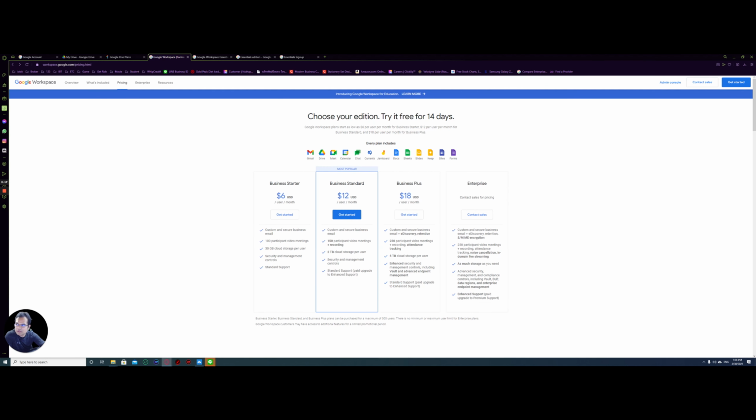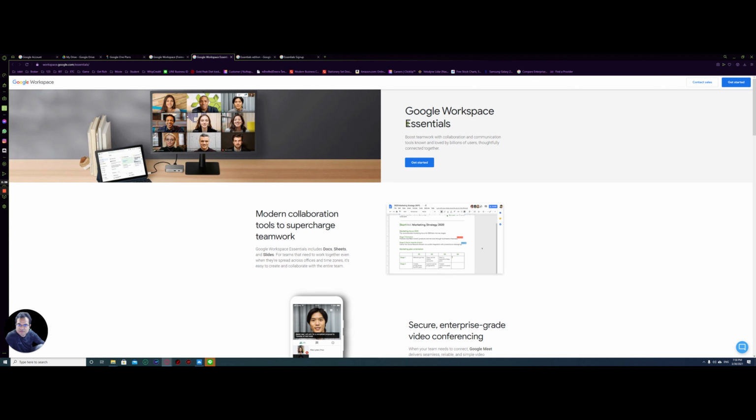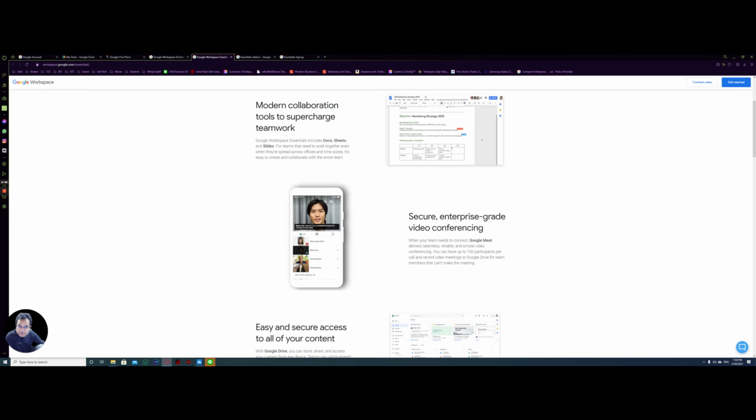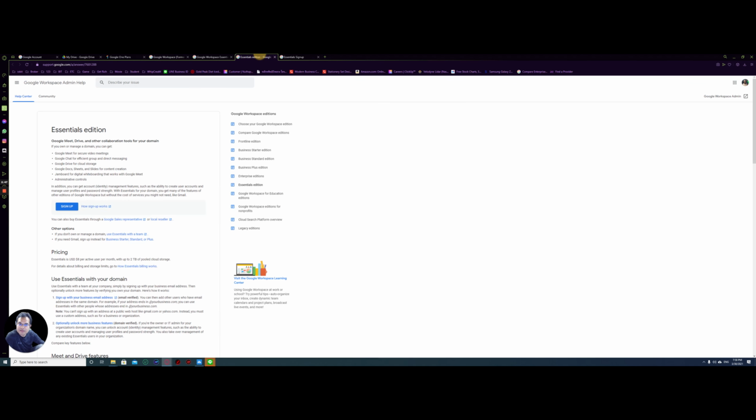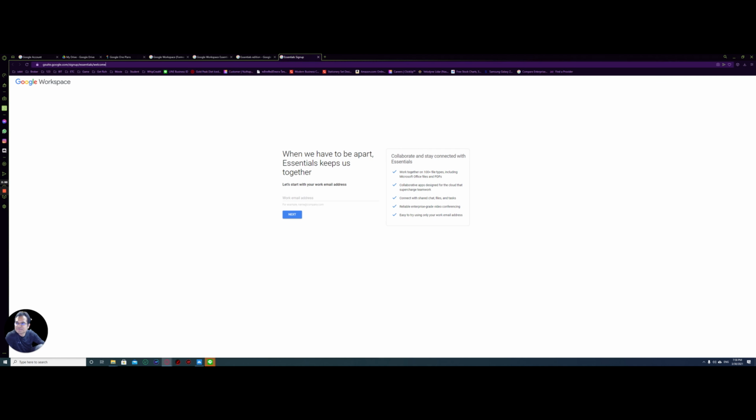So the price is $8 a month, so it's about $96 a year. You can get unlimited cloud space. I have no idea why Google doesn't post it, because that plan is called Google Workspace Essentials. They have it here, but they don't have it here. I don't know why, but you can buy it here. You can just copy this link and you can start using it by paying $8 a